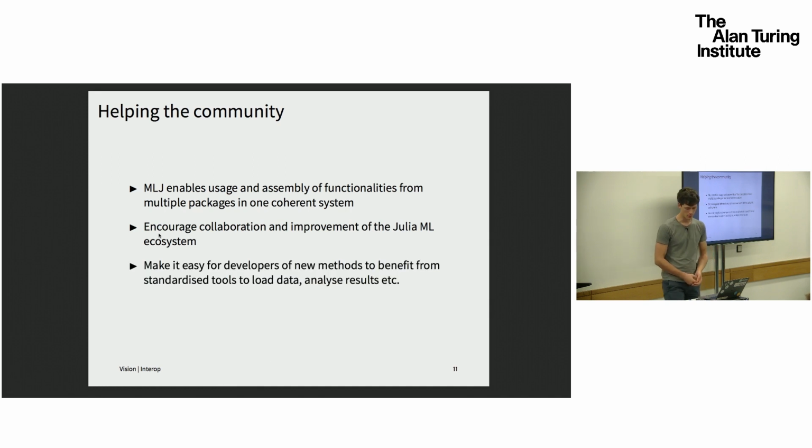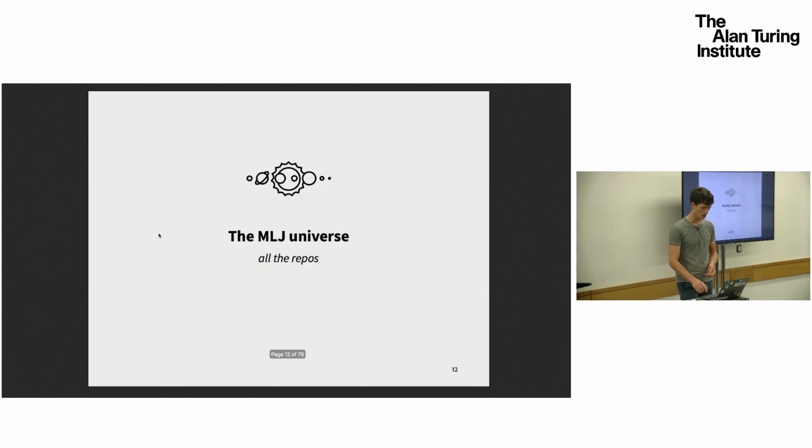Right, and then there is the hope that MLJ would provide a toolbox that people can easily load into their own package, so that, for instance, they would benefit from the get-go from simple tools that would be useful in machine learning anyway. For instance, metrics, things like area under the curve, this kind of stuff. If you develop a new model, you might not want to rewrite code for it, right? And some of this was already available, by the way, in things like MLBase, so that's unrelated to MLJ. But again, as I said, it's a little bit scattered, and these things don't always interact well. Okay, so now that hopefully you get the idea of why we even started with this,